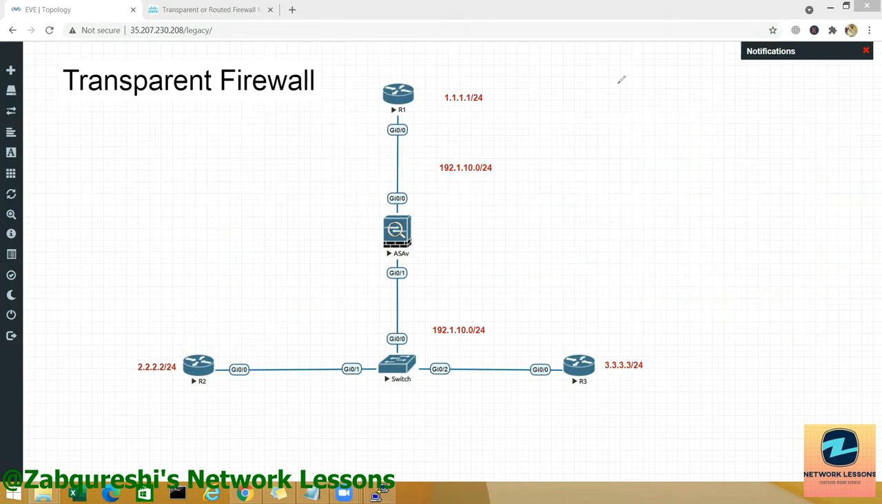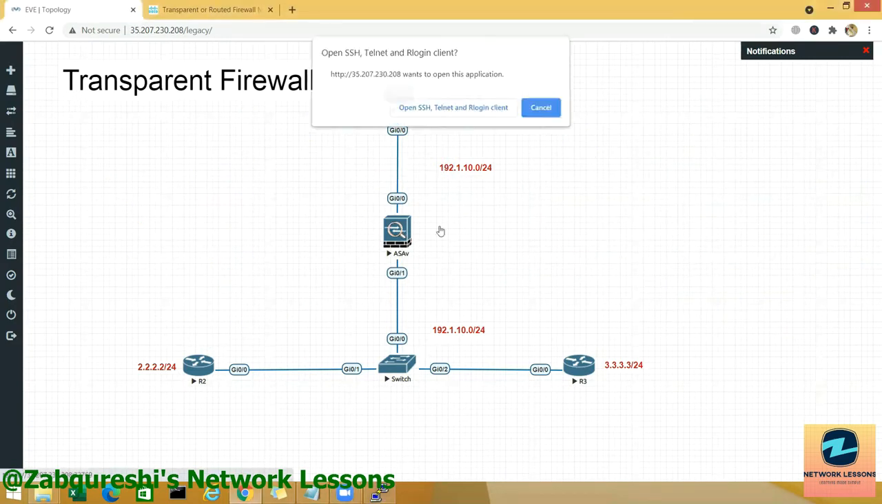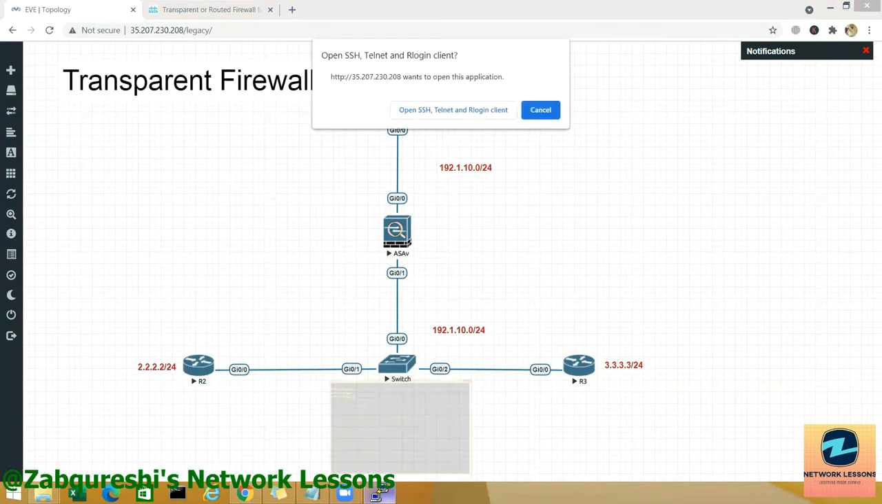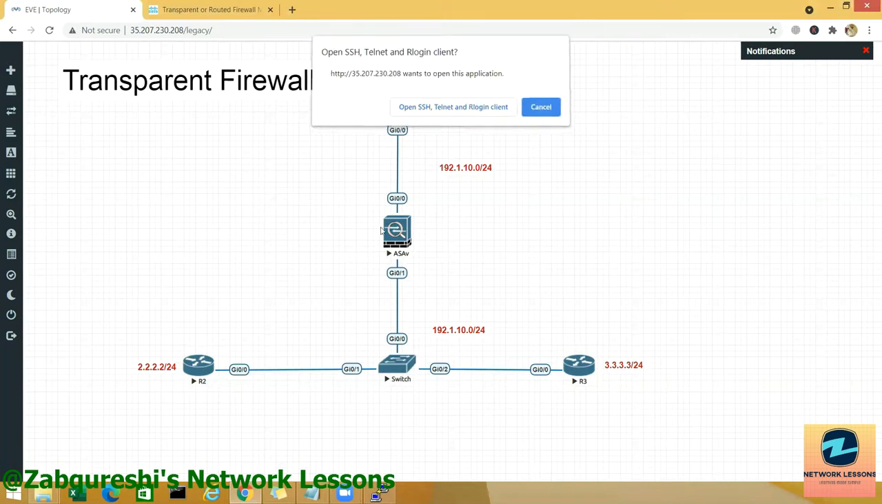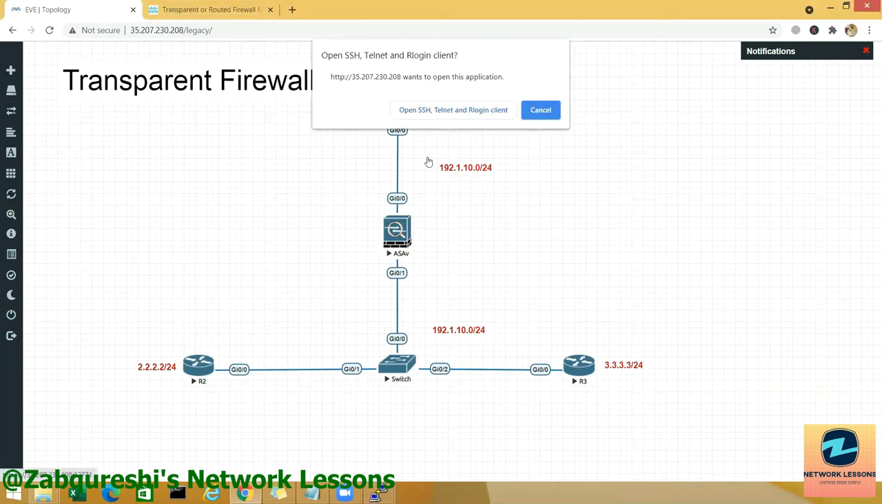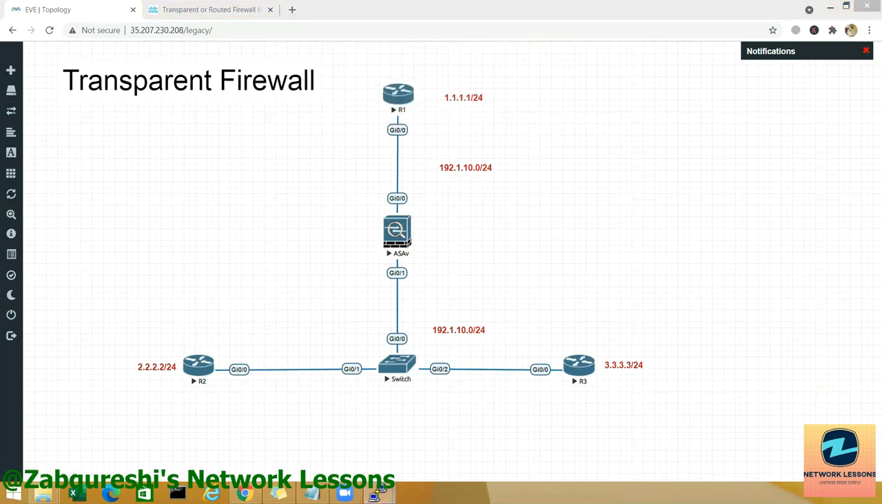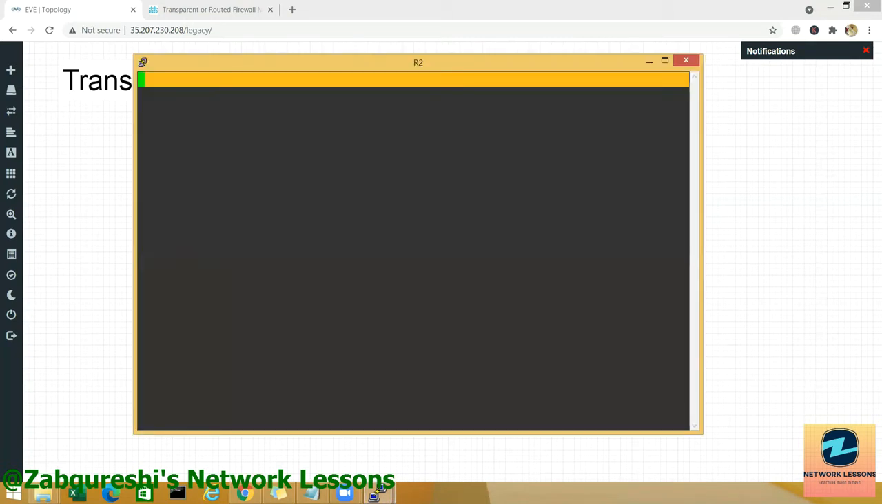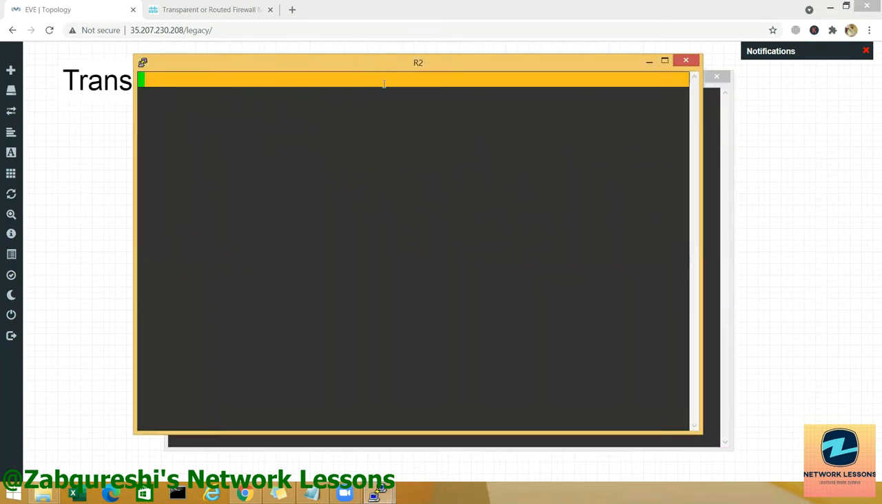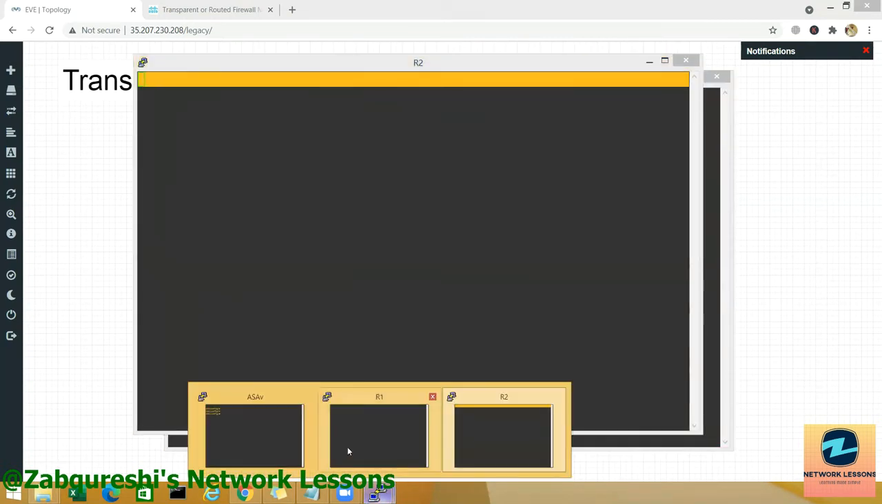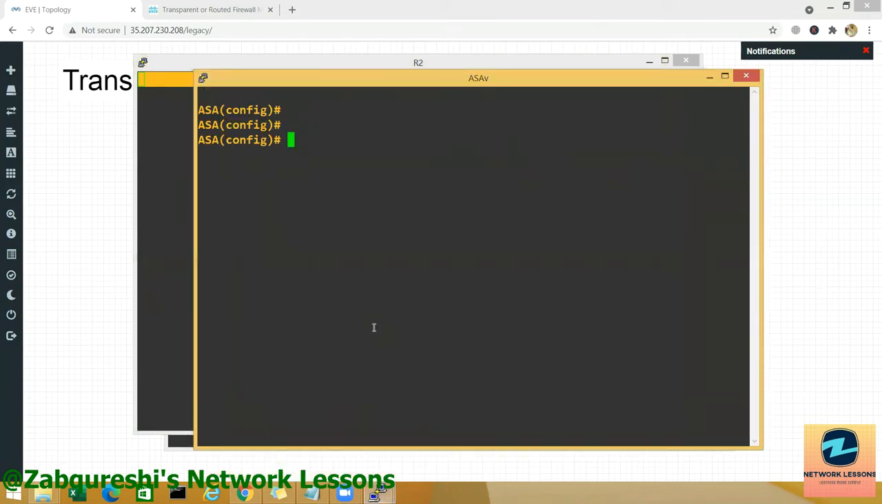Let's clear this. Let's close this. So let's go to ASA. ASA is as is, already open. Let's go to R1 and R2. I need only R1 and R2. So as I left the configurations from the last video, the transparent firewall video, the configuration should be there. If I check show run access-list,